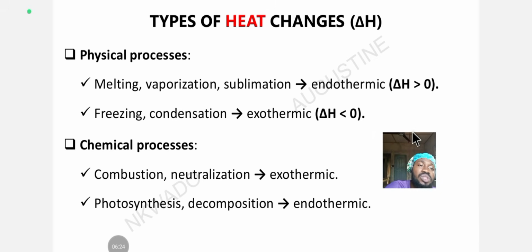But for an exothermic process, heat change is less than zero because heat is not required. All right, let's move over to the chemical processes. We all know what a chemical process is. A chemical process is a process whereby new substances are formed. There can be